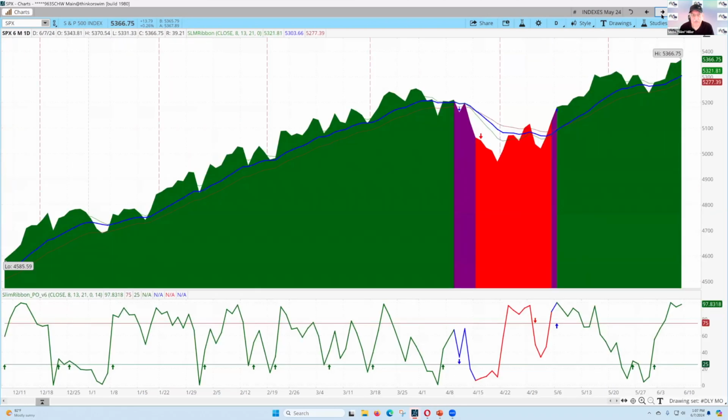So look here at the momentum. This is the slim ribbon shown in an area chart, and on the bottom, the slim ribbon PO. You get a good idea when the slim ribbon PO is in green and bullish condition. You get an up arrow. It says that the momentum is resuming to the upside. Here you had one to the downside when the market was correcting, and then it turned positive again, giving you those good positive indications. Again, the S&P 500 giving you positive readings, positive structures, everything is positive.